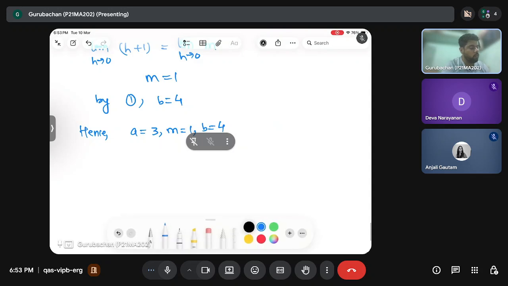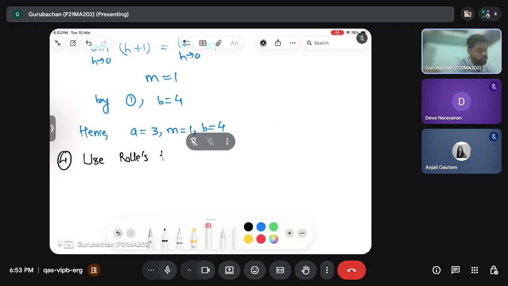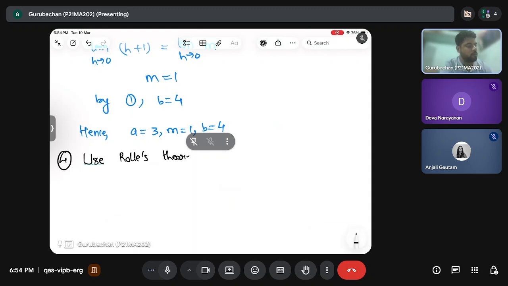Now let us do one question that is based on the application of Rolle's theorem. So it is like this: use Rolle's theorem to prove that